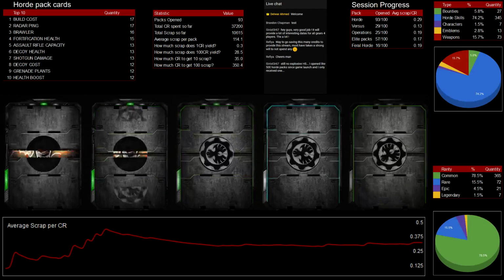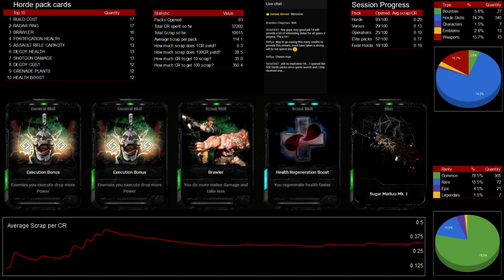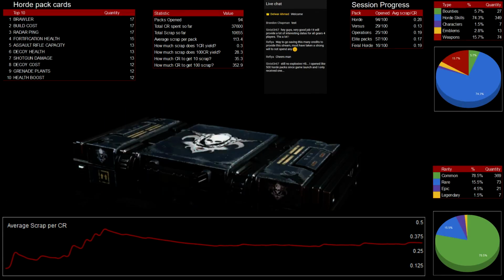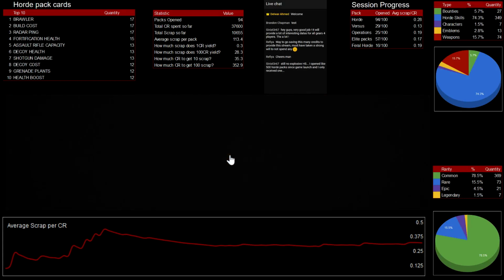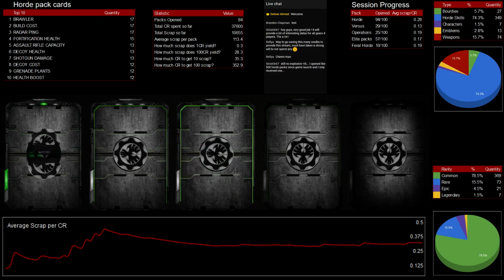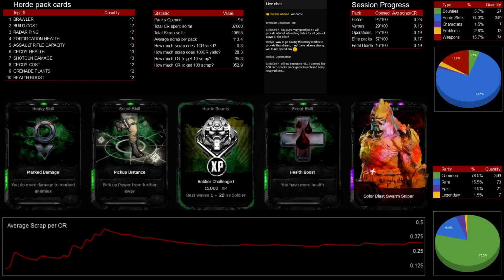So Sinister's commented again saying still no explosive headshot. I'm assuming he hasn't received the explosive headshot. Yeah, because I just got that one. Okay, cool. So I'm sorry that you don't have it, because I think I've got it on level 4 or 5 already, and I do very rarely. These feral horde packs, man, they are awesome. I've only bought like 13 so far. I was planning to buy them earlier this evening, and I didn't have an opportunity, so I will be buying them